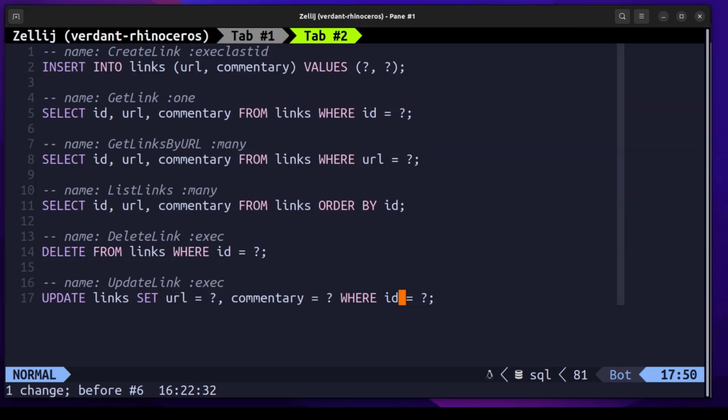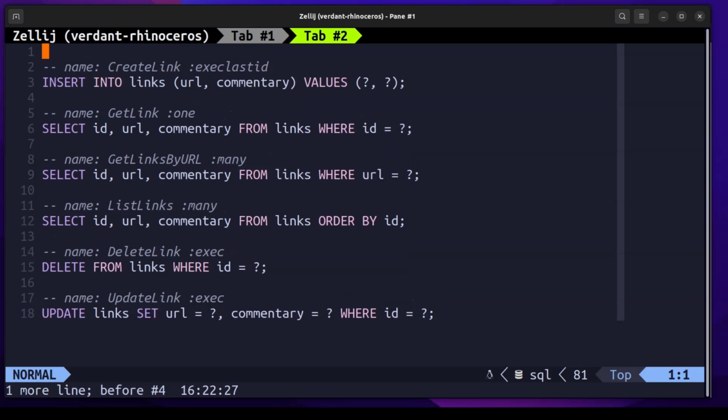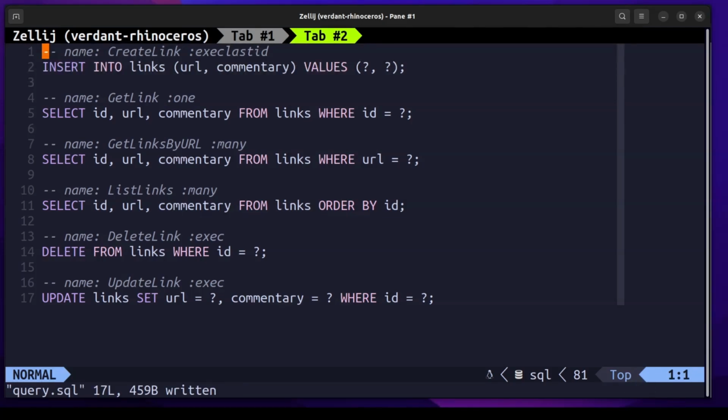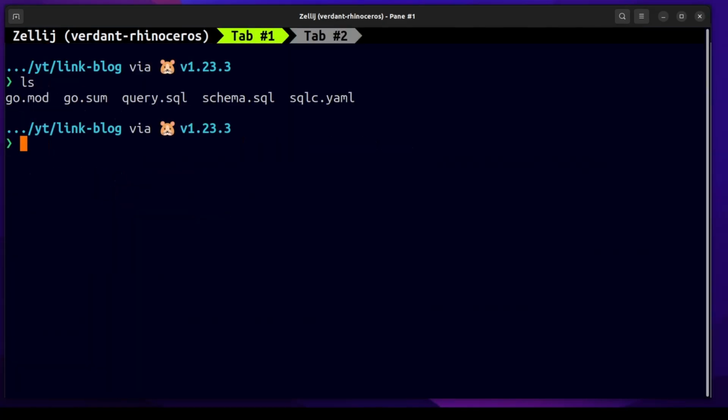And so now let's generate the code. As you can see, right now we have 5 files. That is go.mod and go.sum, which are generated by Golang itself for the module. And then we have created 3 files: query.sql, schema.sql, and sqlc.yaml. query.sql and schema.sql contain the actual queries and the schema for the database, and sqlc YAML is just a configuration for sqlc to generate the code for us. So now I'll just call sqlc generate,